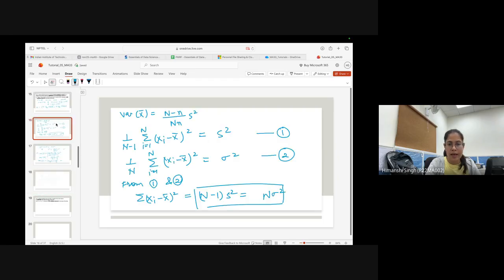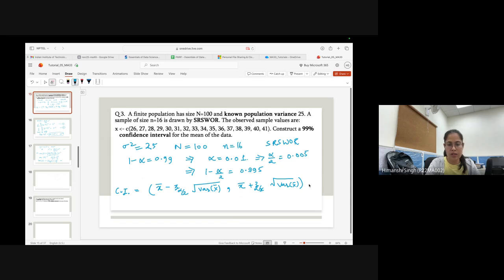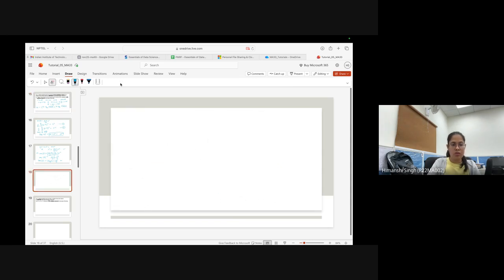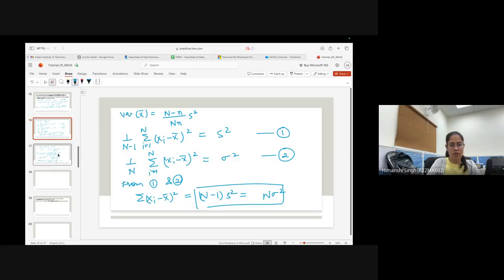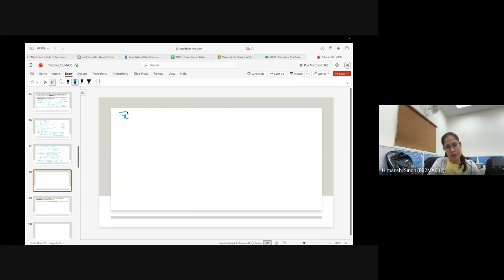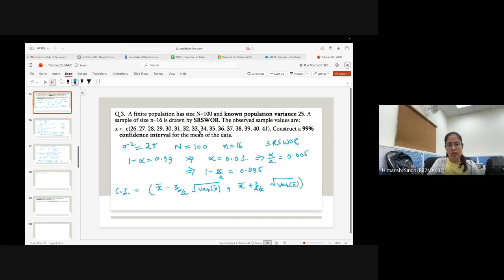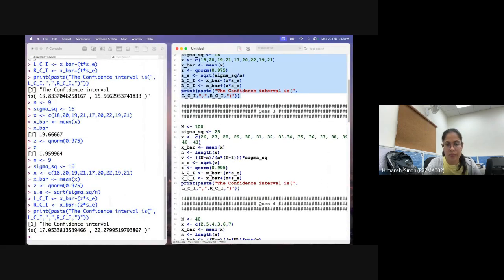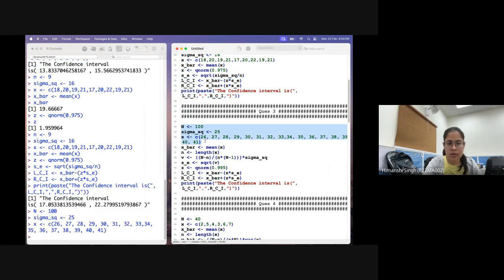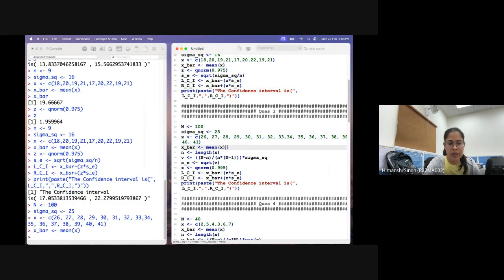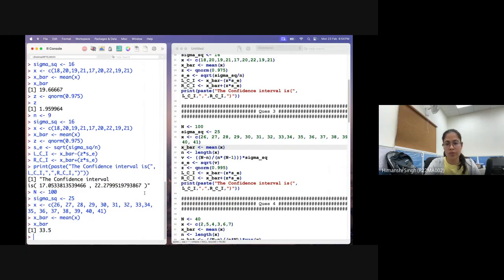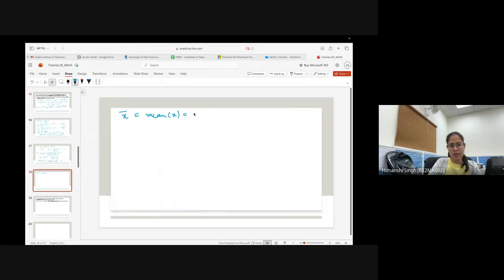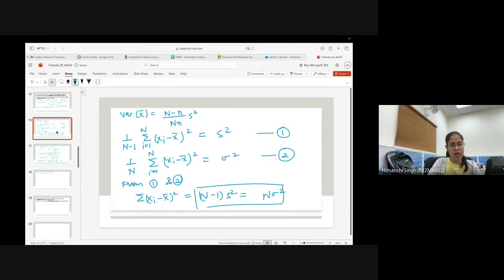Okay. So now I have this to be the confidence interval. So now what is x bar? First of all, let us consider what is x bar. That is the mean of x. By using this command I can get it. Here this is the vector; I have just coded it in R. So here I have this x to be this vector, and x bar will be mean of x. So let us see what x bar is. So x bar is 33.5. So here I can write it is 33.5.